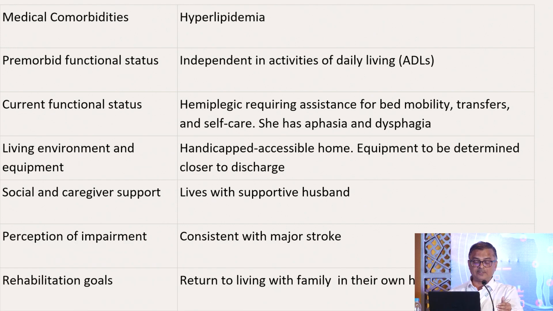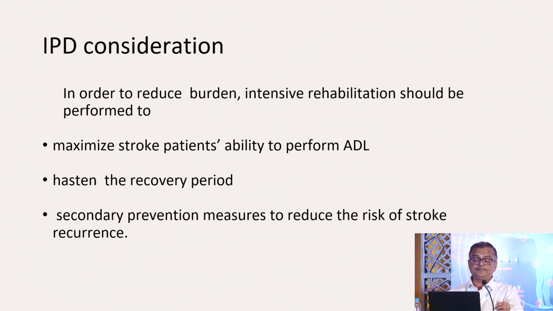These are the common pre-morbid conditions patients present with: hyperlipidemia, diabetes mellitus, hypertension. Okay, pre-morbid functional status, as I said, is also important. Perception of impairment, whether he was an amputee before the stroke. Likewise. And these are the IPD considerations: in order to reduce the burden, intensive rehabilitation should be performed to maximize the stroke patient's ability to perform ADL, hasten the recovery period, and secondary prevention measures to prevent the recurrence risk